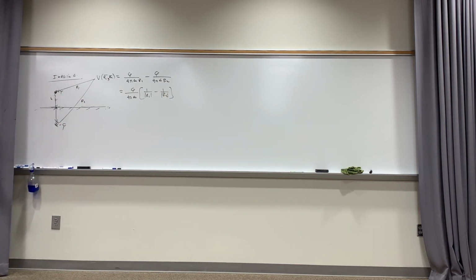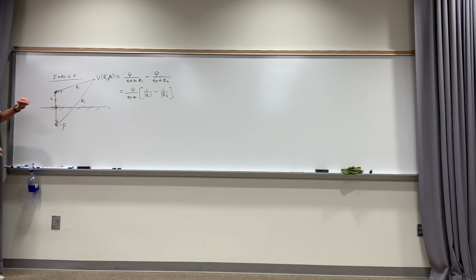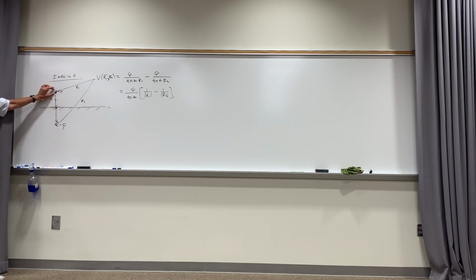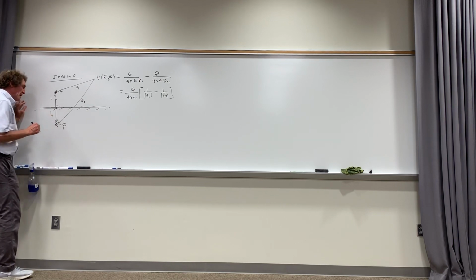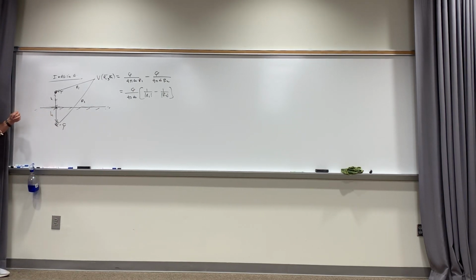Now, if you put R1 and R2 in terms of X, Y, Z, or any other coordinate system, you can actually come up with an equation for that. But this is how images work. So if there's a plus charge here, and you want the voltage, or the electric field or any other quantity related to it above the ground plane, you'd simply say that this positive charge images a negative charge here at the same depth as the height above, and it has an opposite sign. Do you follow me on this? And this should make kind of intuitive sense.